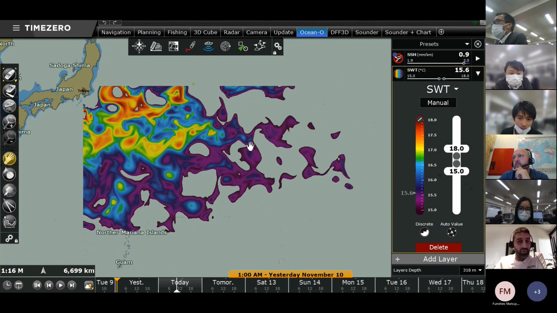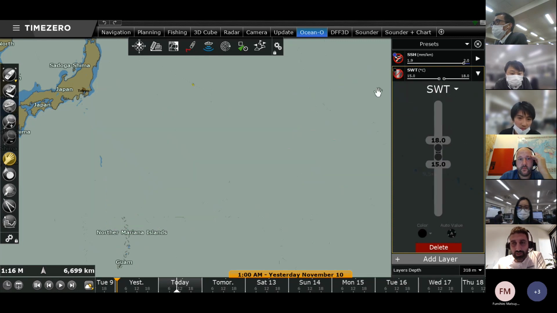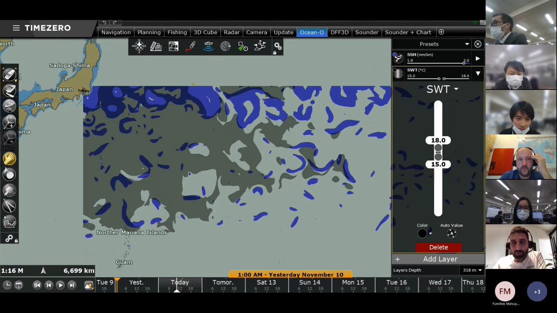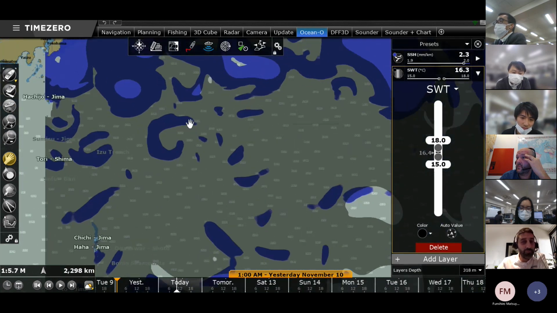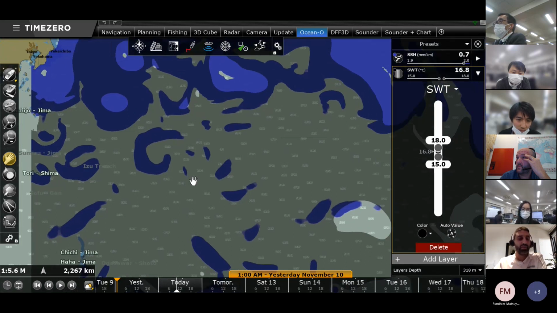So let's say that now you are happy with that file. You can take off the color, put it in footprint. And here what I would like to do is also display, mix the altimetry data and the temperature. So what I would like to identify is an area where both files are combined. Because if I'm happy with my altimetry frontal zone, if I'm happy with the temperature of the water, then I'm identifying an area that should be interesting for my fishing.